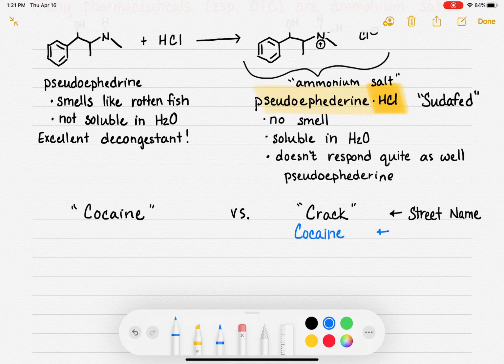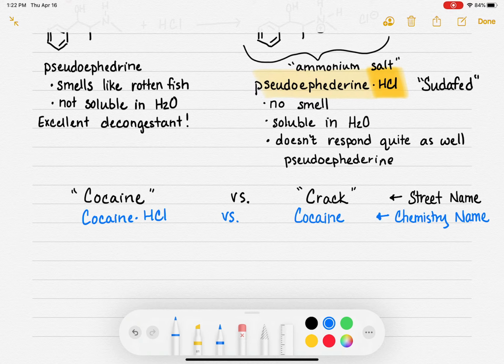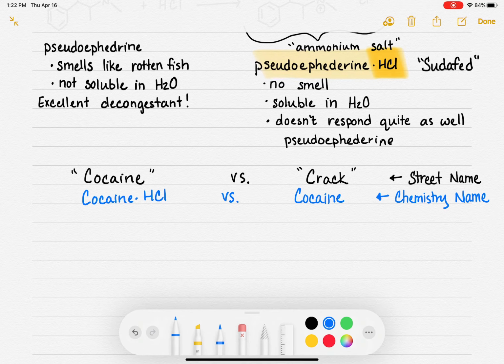So this is the chemistry name. And isn't that weird that what we call crack on the street is actually cocaine? And the chemistry name of cocaine, if you go buy, like, hey, sell me some cocaine, what you're getting there is cocaine HCl or cocaine HBr. Oh, it's usually HCl because HCl is easy for people to buy. Not incriminating myself. So the crack molecule, which is technically called cocaine, this is the natural form of the molecule.